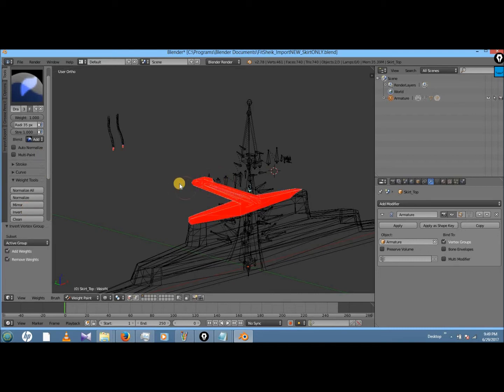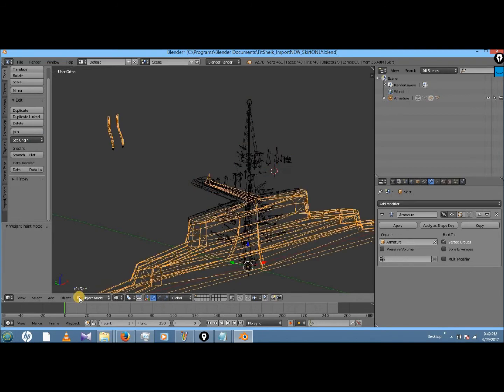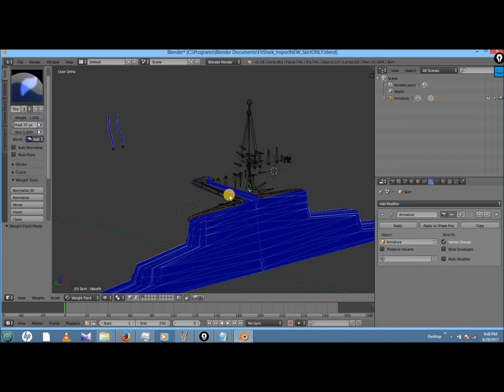So I'm going to do that. I'm going to invert it with that. So basically I'm just going to rig this in Brawlbox because I can't figure out any other way to get this to work.